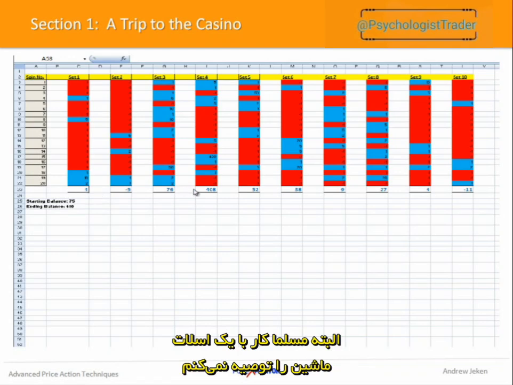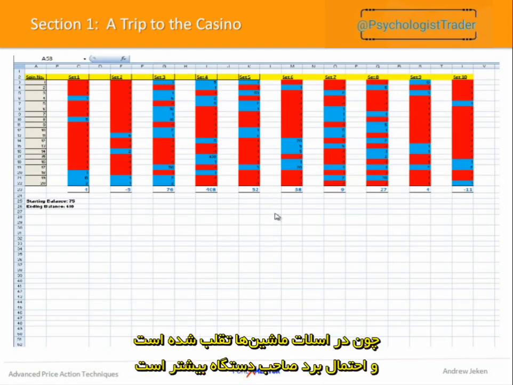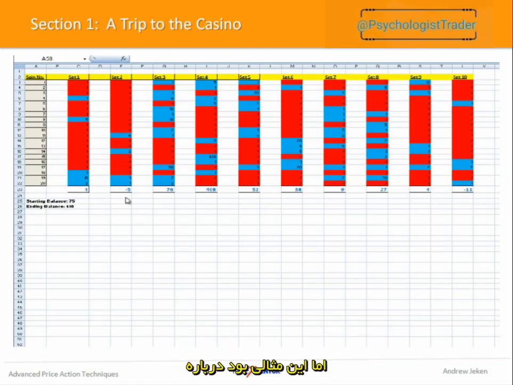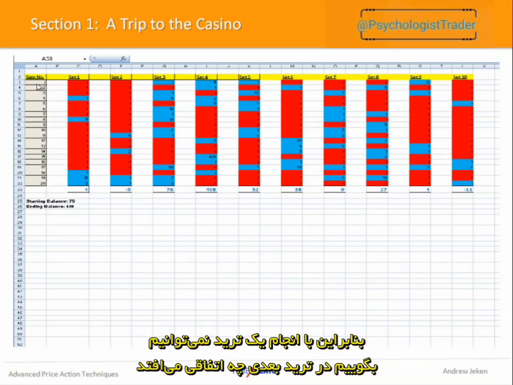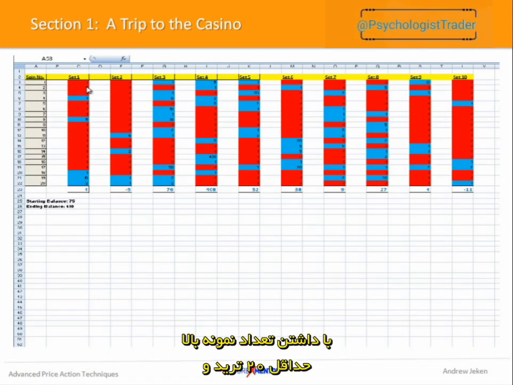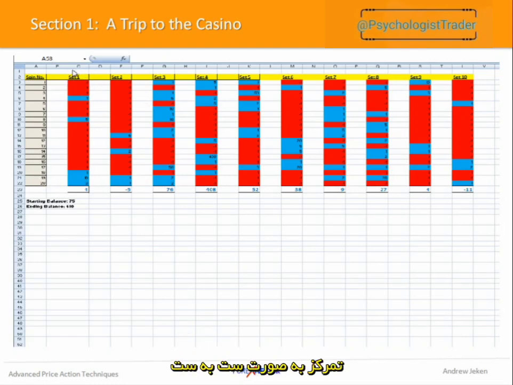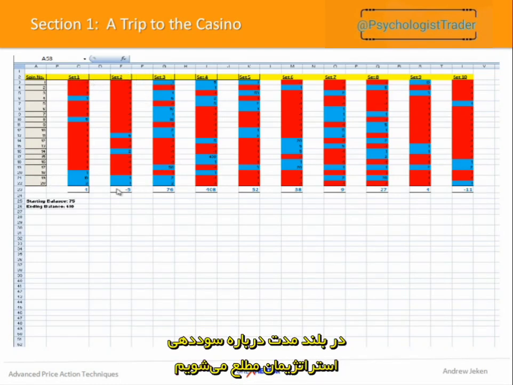Now, obviously, this is a slot machine. I don't recommend playing slots because slot machines are rigged in the house's favor. But this is an example of how I go about my trading and how I think about trading, and how I track my progress from, instead of spin to spin, trade to trade. So although we're taking one trade, we have absolutely no idea what's going to happen next. Over a sample size of at least 20 trades, focusing on set by set, we can get a good idea if our strategy is profitable over the long run.